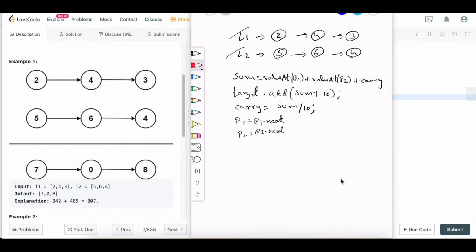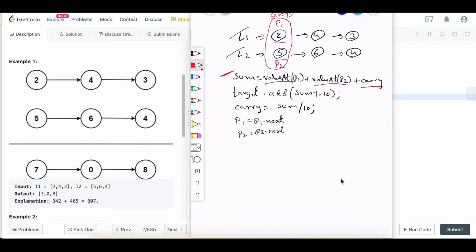So I've kept a pseudocode here which will be helpful to understand the problem. So initially we will take two pointers. So pointer 1 will be used to traverse through list L1 and pointer 2 is used to traverse through L2. Okay, and we'll take value at the pointer 1 and value at the pointer 2 and we'll add them. So the sum is going to be value at pointer 1 plus value at pointer 2 plus carry. Every number will have a carry. Initially, as these are the starting numbers, we will not have any carry, so carry is going to be